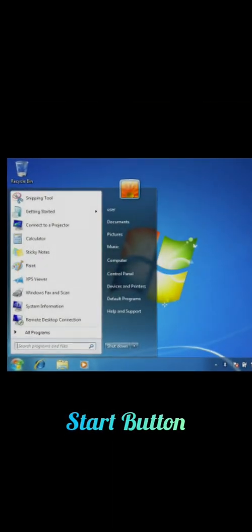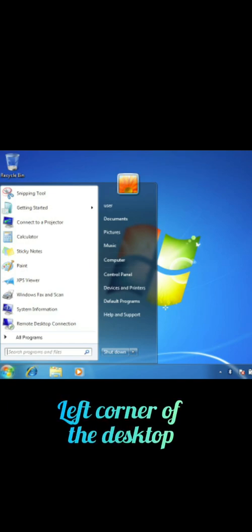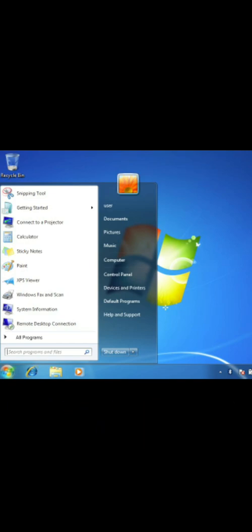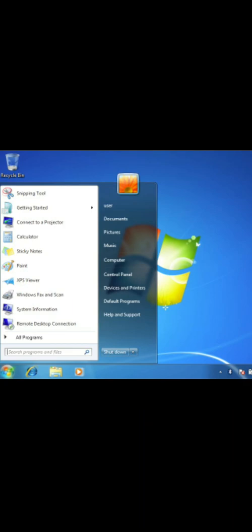Next is the Start button. See, the Start button is at the bottom left corner of the desktop. You can click the Start button to start any program, open a document, search for items on the computer, and even shut down the computer. When you click on any program, some of the items have a small arrow next to them.